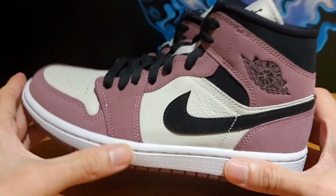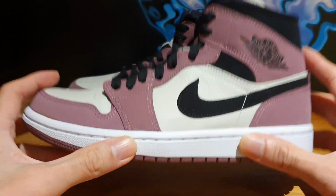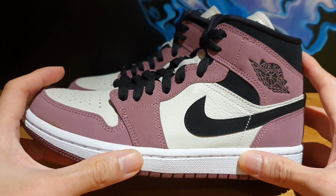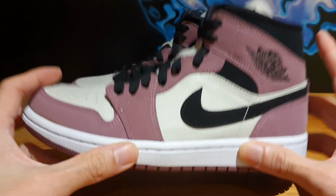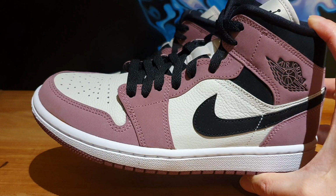And then I also wanted to cop this pair so that I could just kind of see it in hand and then do a review for you guys, because I just checked online and it seems like you can't really find much information on this pair. So what I'm going to do is I'm just going to show you guys the actual box of the sneakers